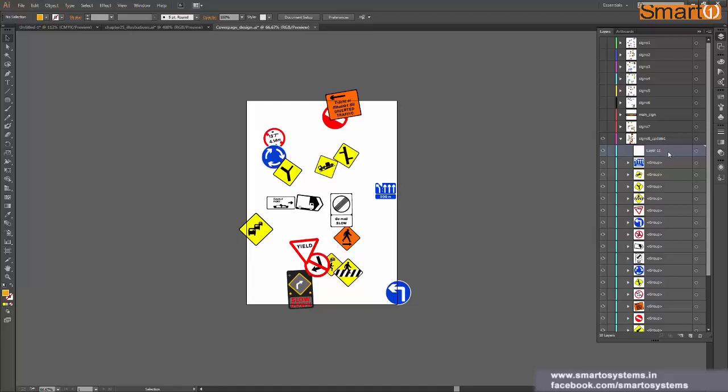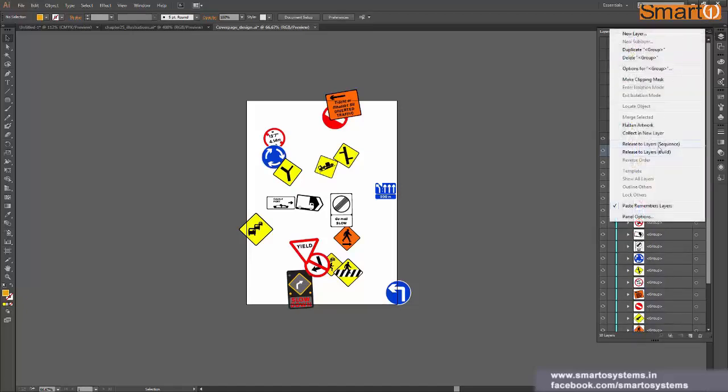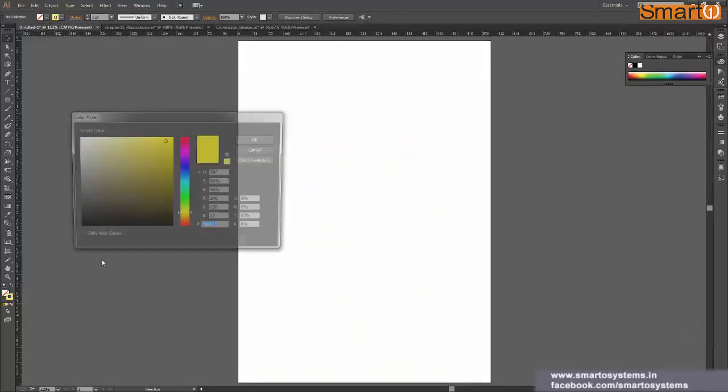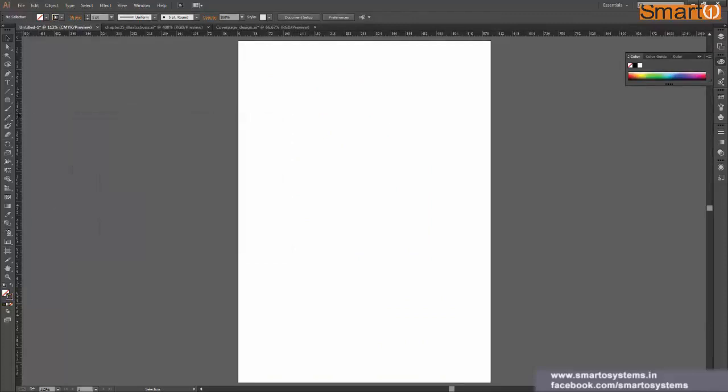Now this is a little different from this option which says collect in new layer. This looks similar actually, collect in new layer and new sublayer, but what's the difference? Collect in new layer takes your current layer and puts it inside a new layer, whereas this new sublayer creates a layer inside your existing layer. So let me draw it, it will be much more helpful to you. So let's say this is your layer.